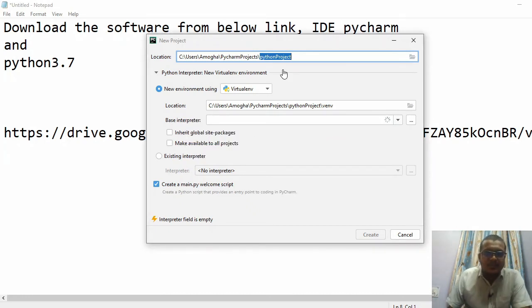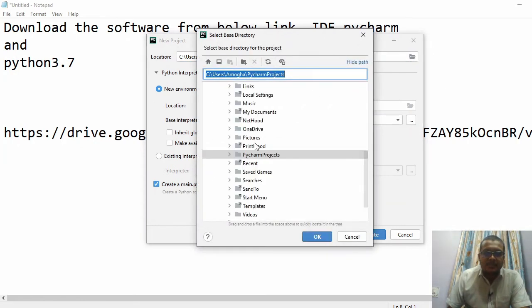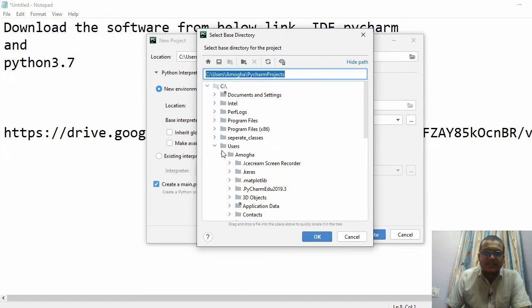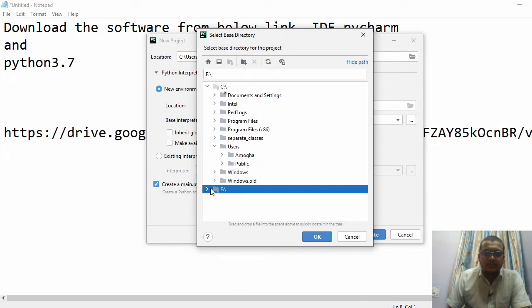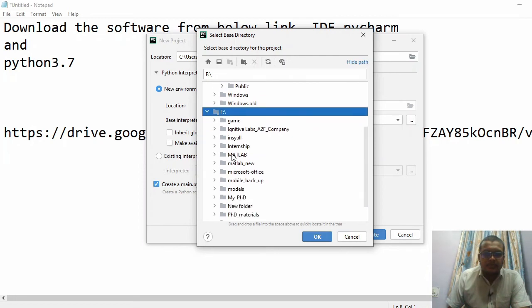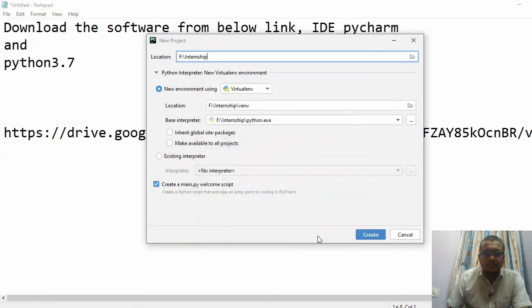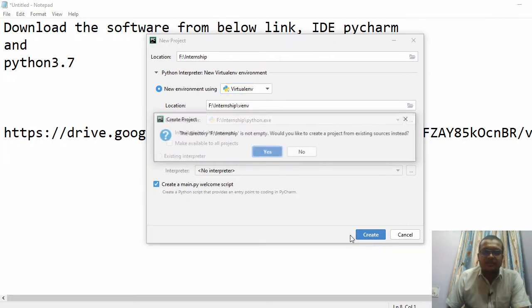It will ask where you need to save, or you can change it to the respective folder you have created. You need to select a virtual environment, not Pipenv or Conda. Conda means it is an Anaconda version.